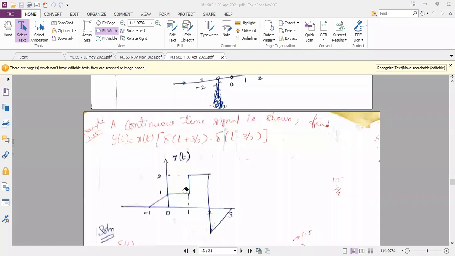See, subjects like signals and systems, control systems, there should be two-way communication. Not only to you, I am telling to everyone. There should be two-way communication. It should not be a one-way communication, only from teachers to students. Okay.